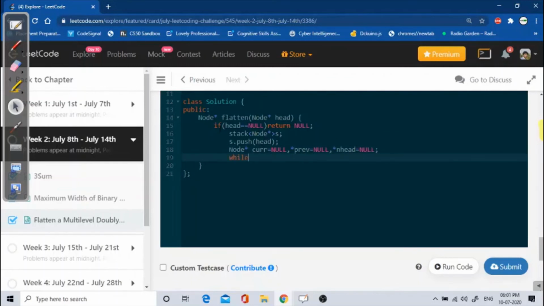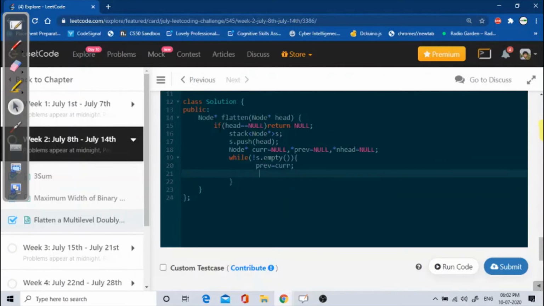So I loop till my stack is not empty, right? First of all, what I have to do is store the current value in previous.